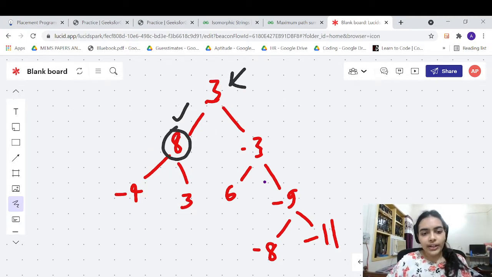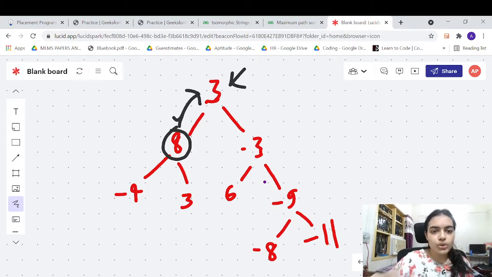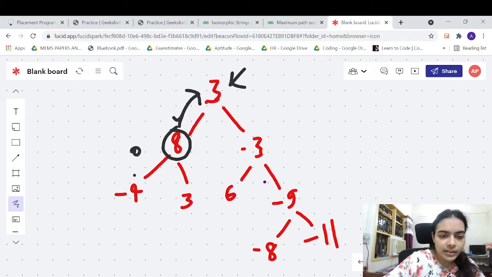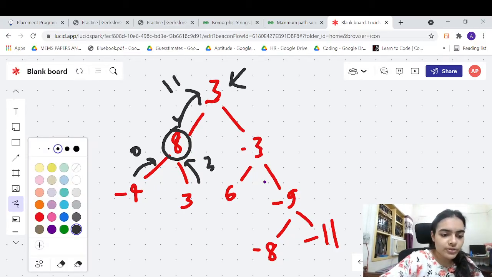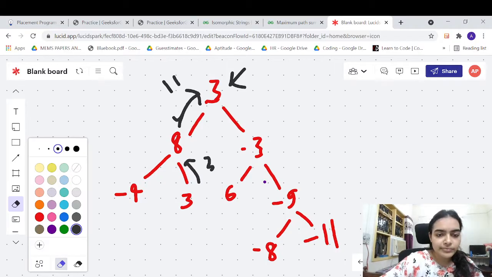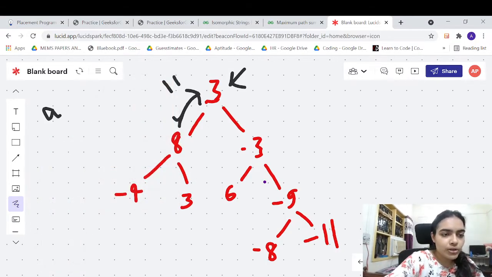So it's important to understand that while returning the answer, we have to choose one of the paths. If we choose the left path, we will get 8. If we choose the right path, we will get 8 plus 3, 11. So this node will return back 11. And by the way, the answer is also 11.